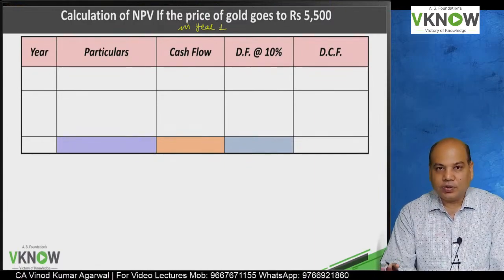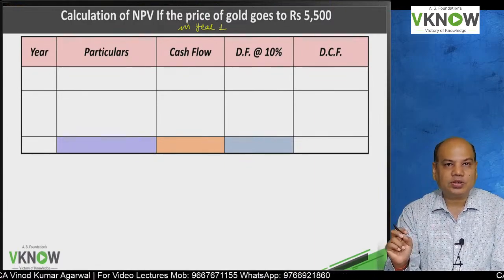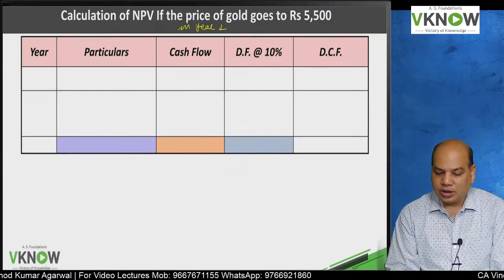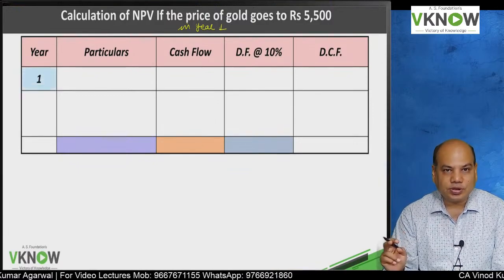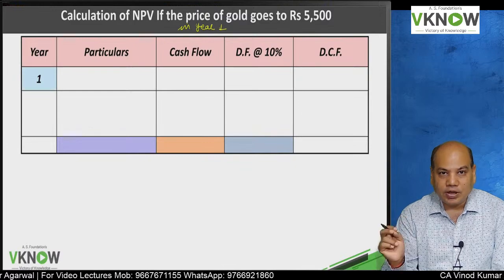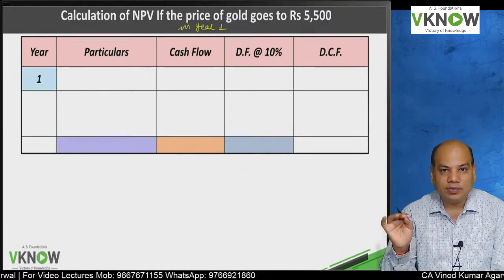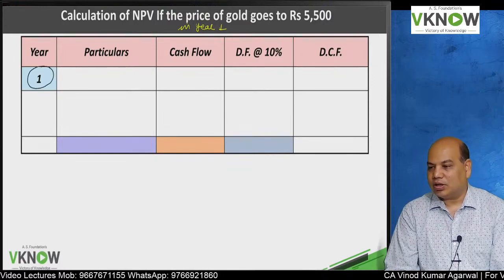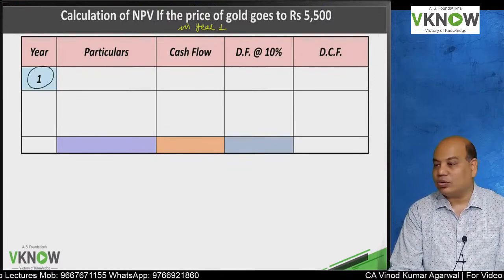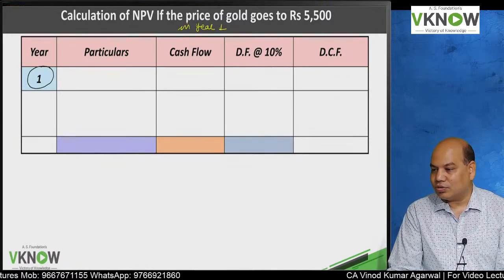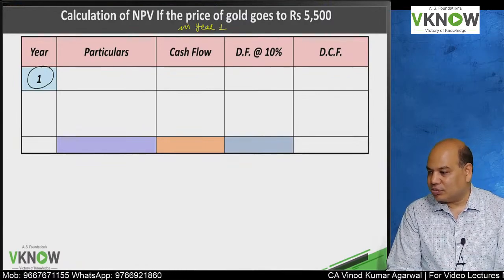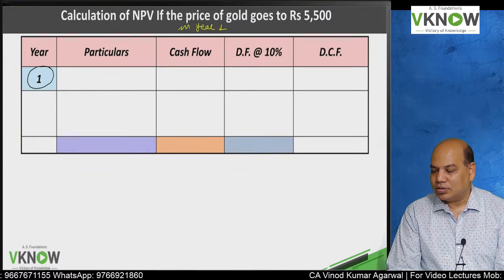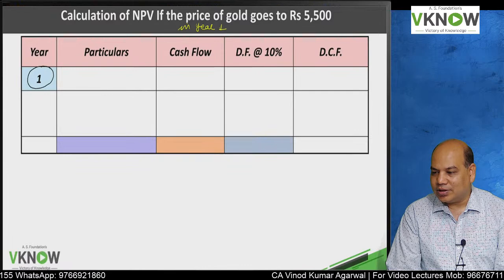Right? Now when are we going to open the mine in this question? We are going to open the mine in the second situation in year 1, not now, year 1. So this is a potential mistake area. Some students were trying to write year 0. Yes or no? Honestly tell me. You are planning to write 0 here, but you are not opening the mine in year 0. You are opening the mine in year 1. So why would you write 0?